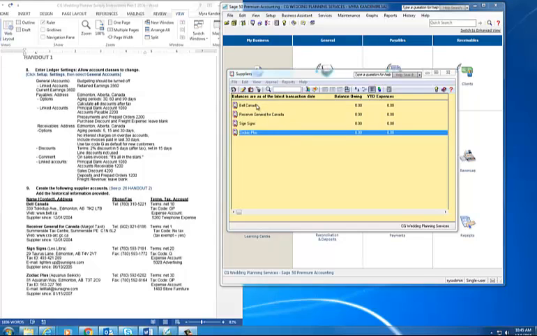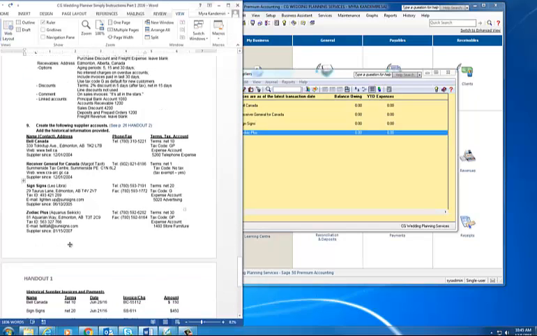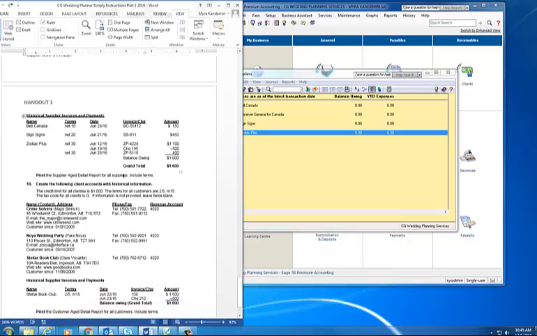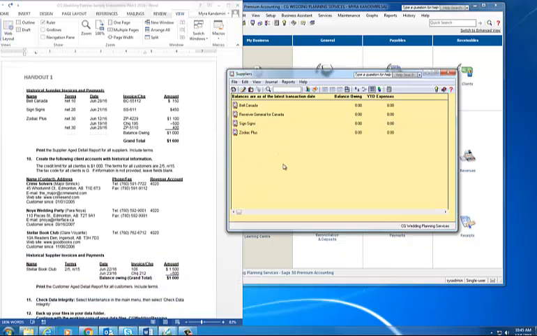In this step, we are continuing in handout 1, step 10, and we are in part B of step 10, where we will enter historical supply invoices and payments. So I want you to go to the next page of your handout, and just there, historical supplier invoices and payments. For that, I want you to go back into Sage and